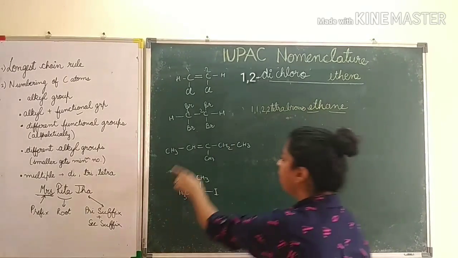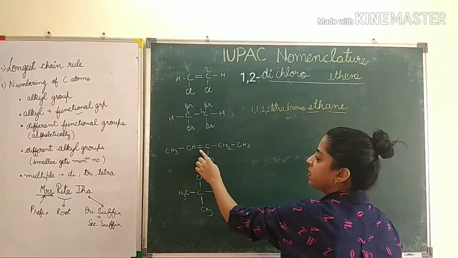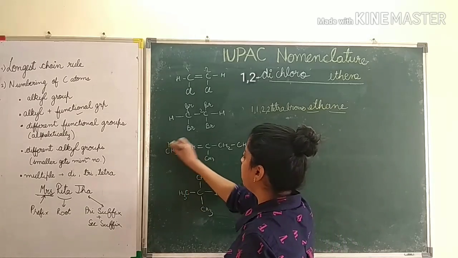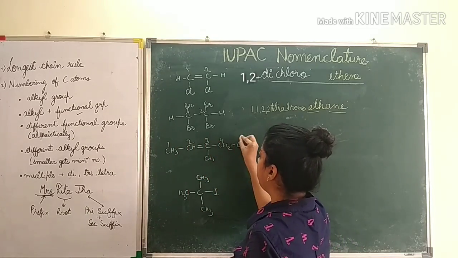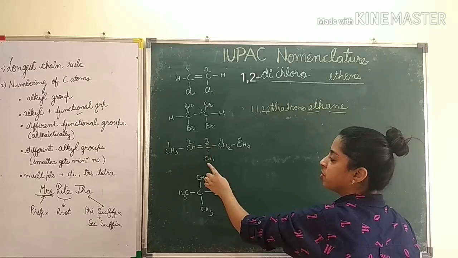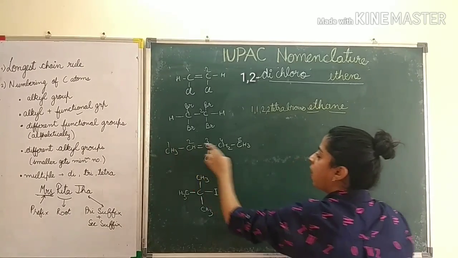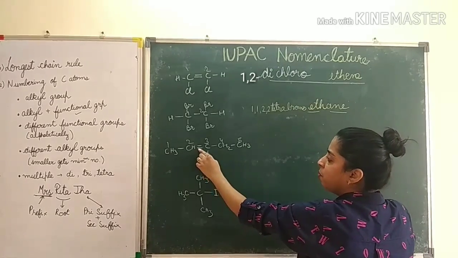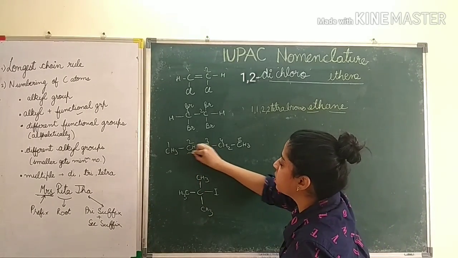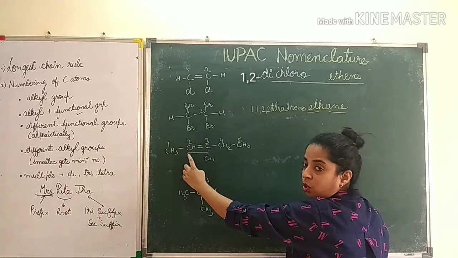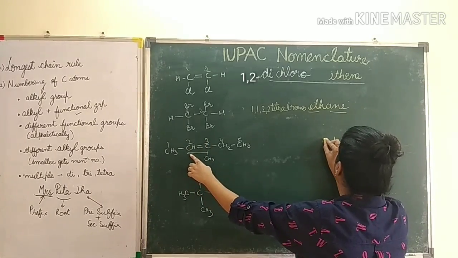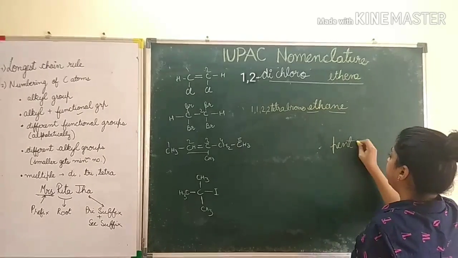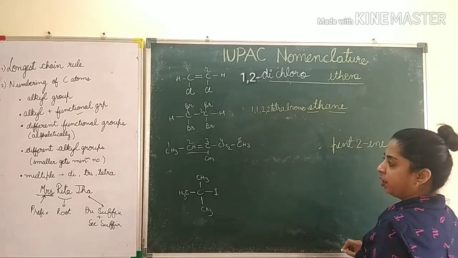ethane. Now our next example, you can see this is a functional group, right? So this should get the minimum possible number. So I will start numbering from here: 1, 2, 3, 4, 5. And at the third position there is a methyl group. Now how many carbon atoms? 5. So first we will write pent. Now there is a double bond at the second position. If the double bond is here, 2 or 3, which position do we write? The smaller position, 2. So it is 2-pentene, or you can write pent-2-ene. Both are correct.